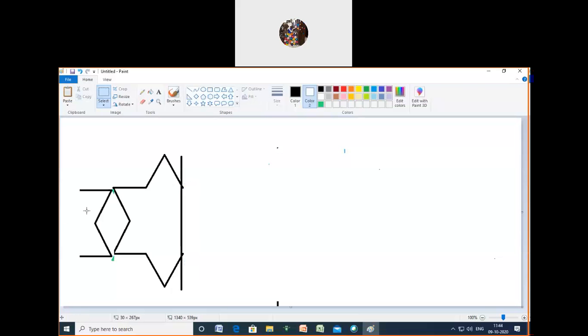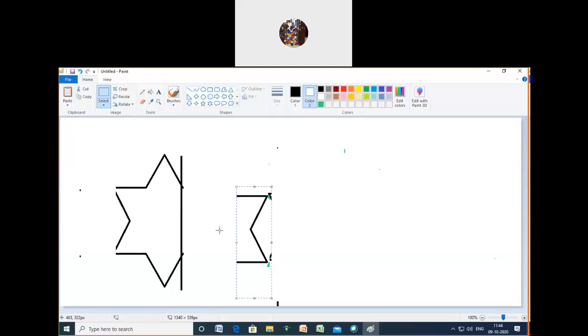Yes. If you see this one, compare the left side with the right side.